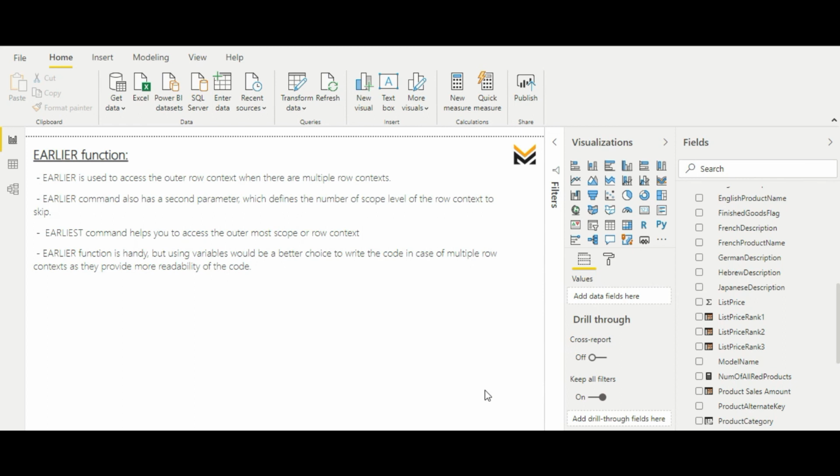If you are using so many nested functions and somebody else is reading the code, they might get lost or might not be able to grasp how the functions are being used. So to improve the readability of the code, you can make use of variables. Though you can use the EARLIER function and it will behave the same way, the better choice would be to use variables to make the code more readable.